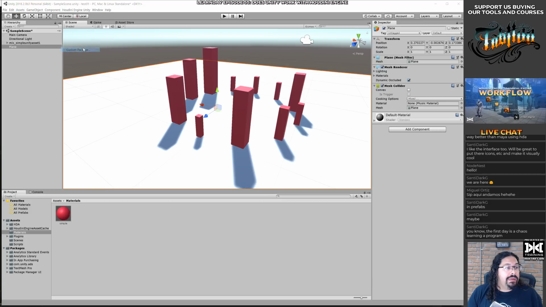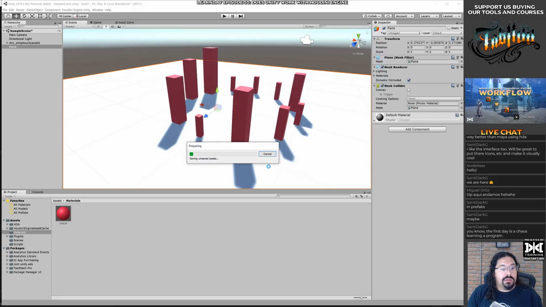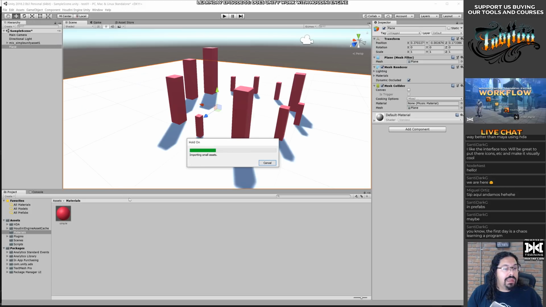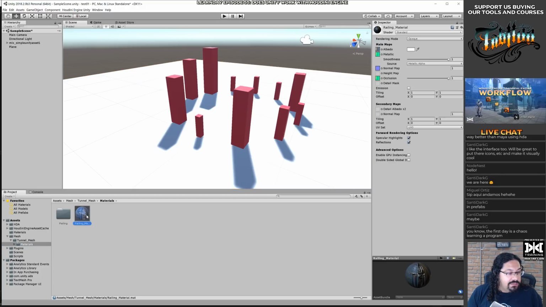Import package from the desktop. It's called material, open. Yep. Import that. And yeah, this is similar to Unreal, a little bit more hard. You should have just imported from one to the other, but okay.